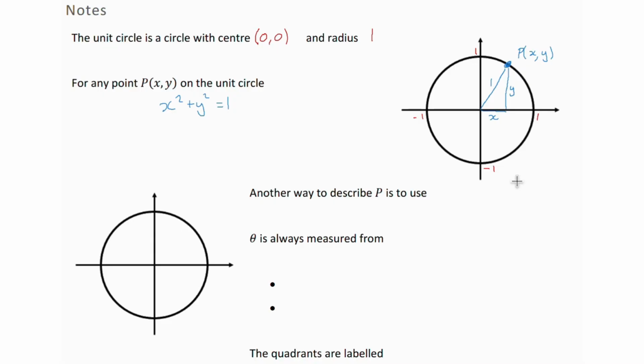But that's not the only way that we can define that point P. Yes, we can define it by its x-coordinate and its y-coordinate. That's perfectly valid. But there is another way to do this. The other way to define or describe P is to use an angle theta. So again, if we have our point P on here,